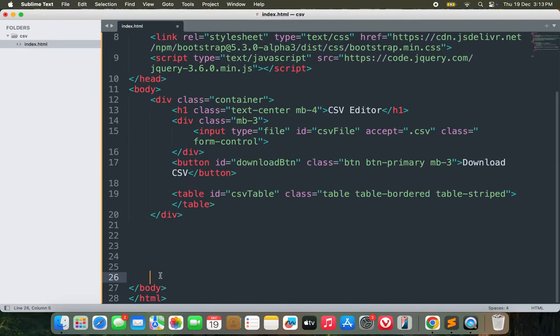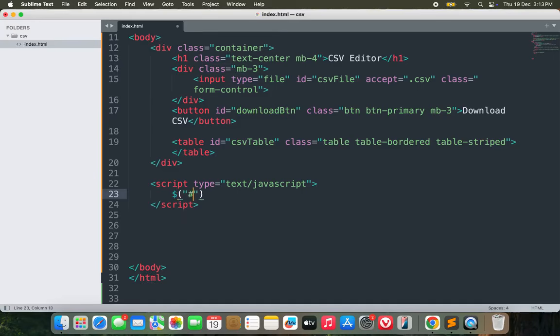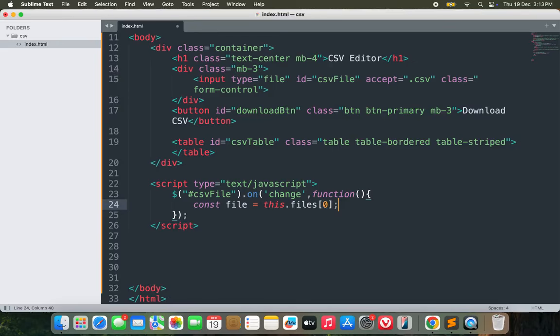Now let me go to the JavaScript part. Since I already have jQuery included in this script, I can use the jQuery functions or features. So for the CSV file, I have this ID here. On change, if some file is selected, then this function will be executed. Inside this function, I will get the file first. This files 0, I need just one file. So if there is some file in it,